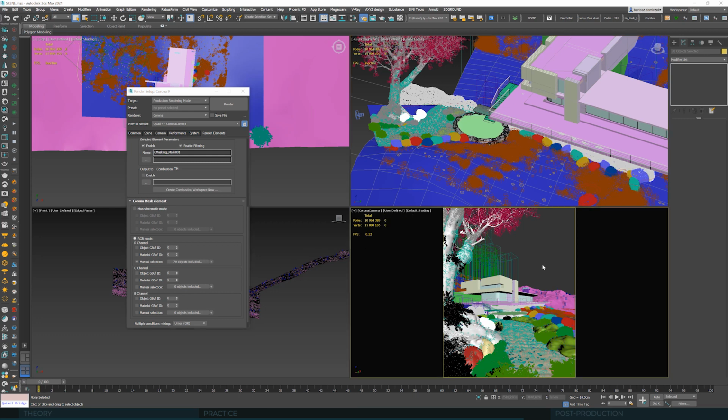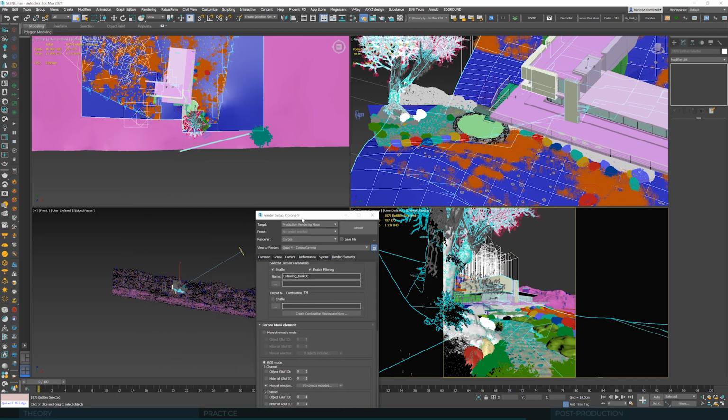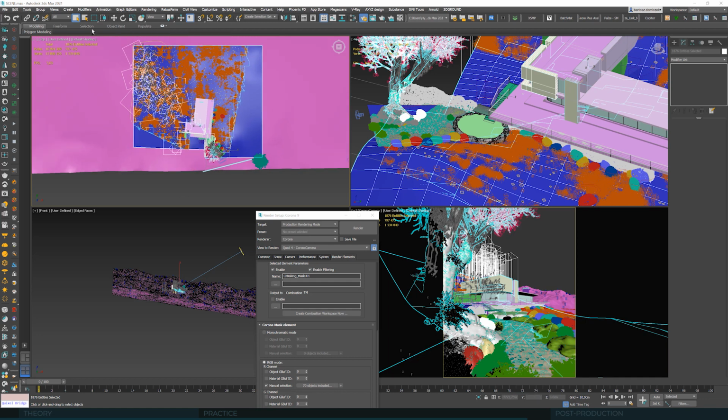What else could be needed? I think that would be definitely this tree in the foreground. We'll be able to darken it if it's still too bright after rendering. I would select it straight in this camera view. And of course there will be also a bunch of background objects, so I will jump to the top view